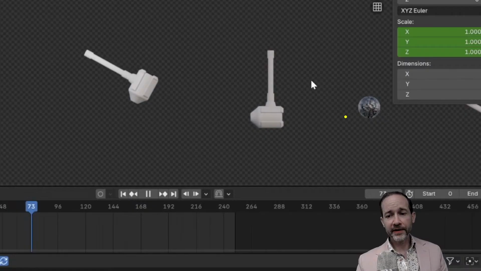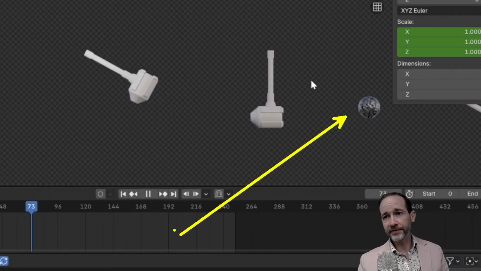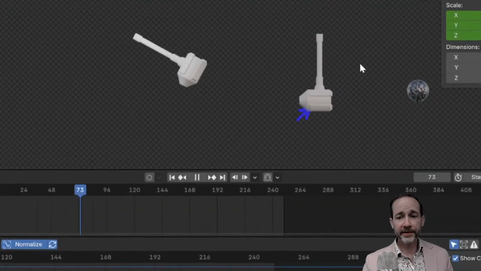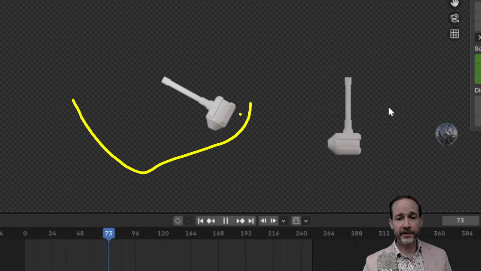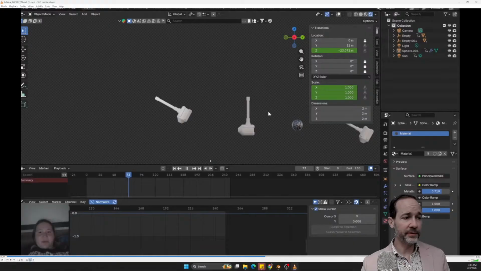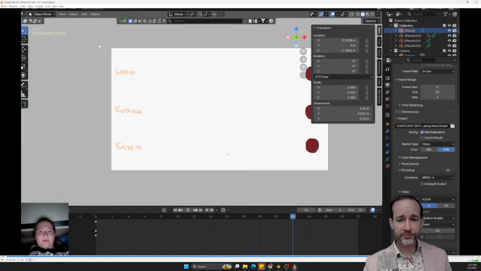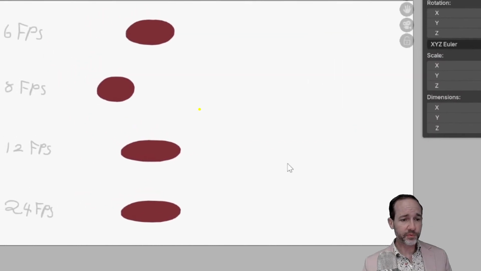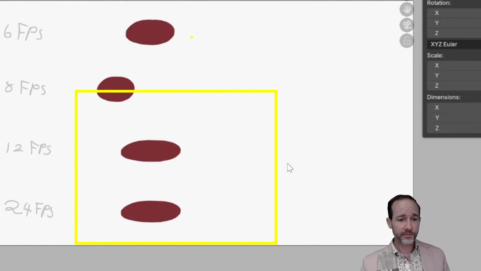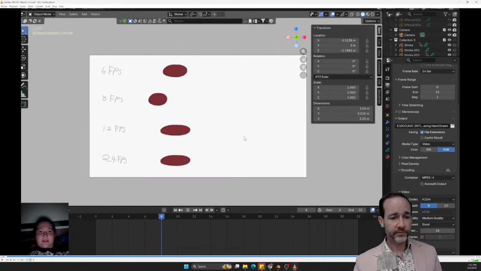So the main things I wanted to see were, obviously, that the heavy ball moves less distance and the hammer has more of a reaction. Some of you did the thing where the hammer swings through the light ball. I think that's a key moment of communicating that the light ball is light. And nice work here, being a little bit ahead and having some smearing and stretching in the hand-drawn one. So well done, very nice.